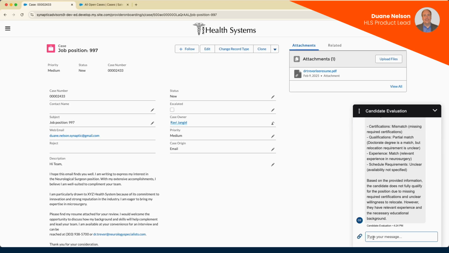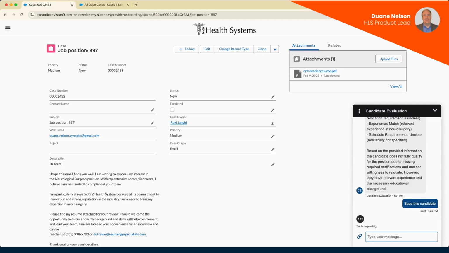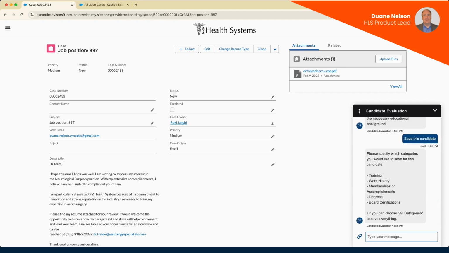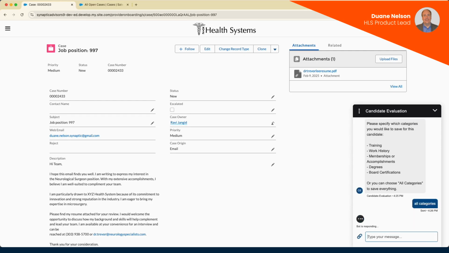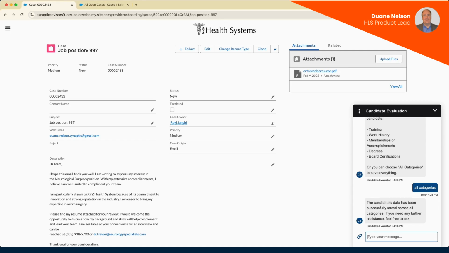In this case, I'm going to save the applicant as a candidate. I'm presented with the opportunity to save some parts of their relevant experience or all. Naturally, I favor all. The applicant has now been saved to Salesforce as a contact and candidate that can be moved along in the